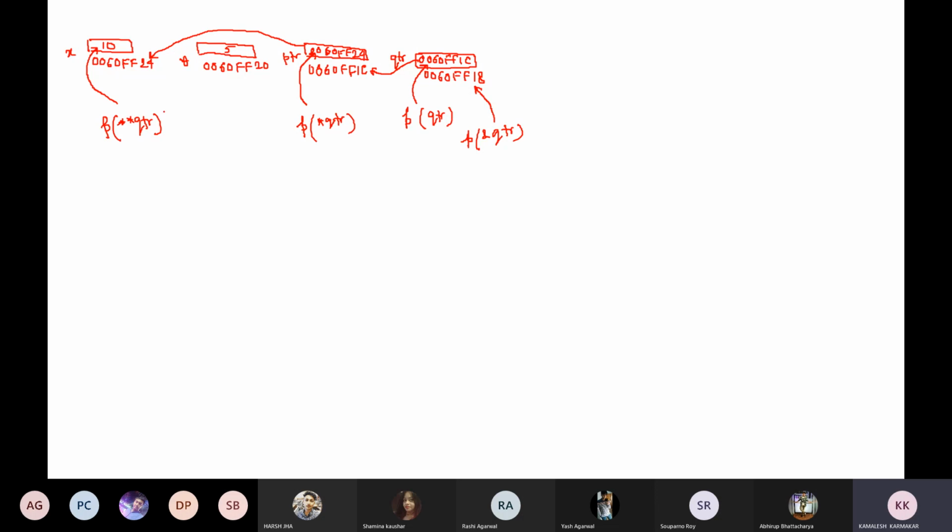Okay. So here, try to understand how pointers are used to access different memory locations. This value is basically 10. This value is star qtr. So star qtr means the value which is stored at this location. So that means this value is 0060FF24.